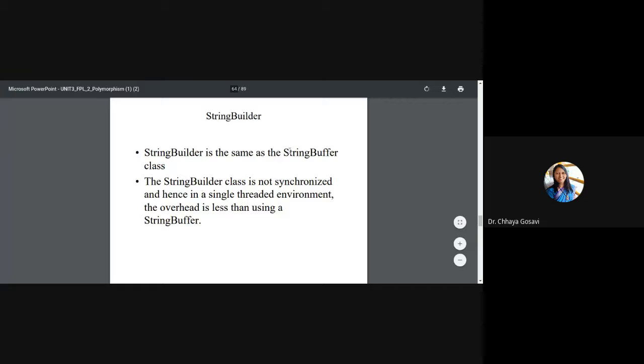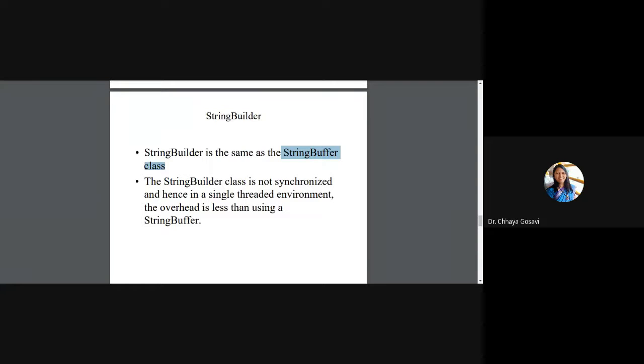StringBuilder is similar to the StringBuffer class. Again, StringBuilder is also mutable, which is not similar to String. The difference between String and StringBuilder is String is immutable, StringBuilder is mutable. And what is the difference between StringBuilder and StringBuffer? StringBuffer is synchronized.